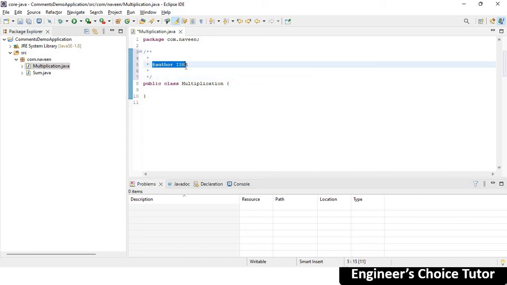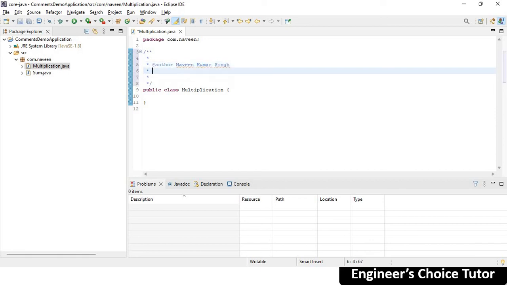So fine. So now I want to specify the author. That author means add the author of a class. Who is the author of the class? In my case I am the author, so I will write here Naveen Kumar Singh. Now the next property I am trying to take is the